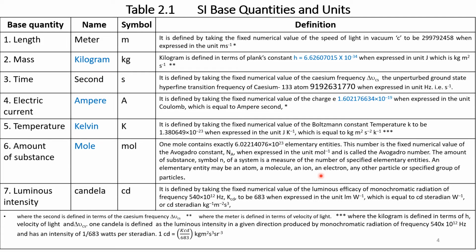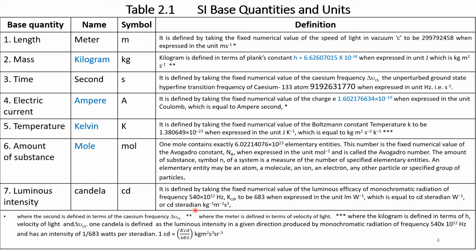Finally, luminous intensity, expressed as candela, is defined by taking the fixed numerical value of the luminous efficacy of monochromatic radiation of frequency 540 × 10^12 Hz, K_cd, to be 683 when expressed in the unit lumens per watt, which is equal to candela steradian per watt, or cd sr per kg per meter square